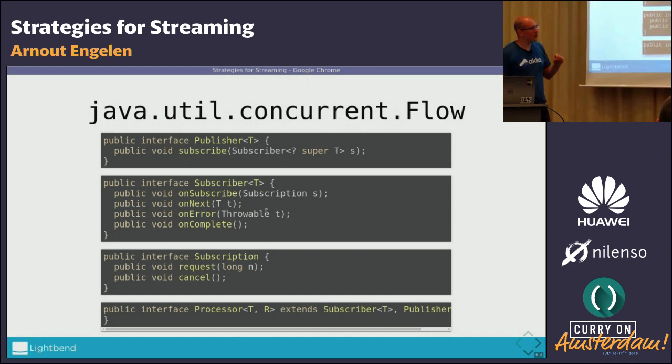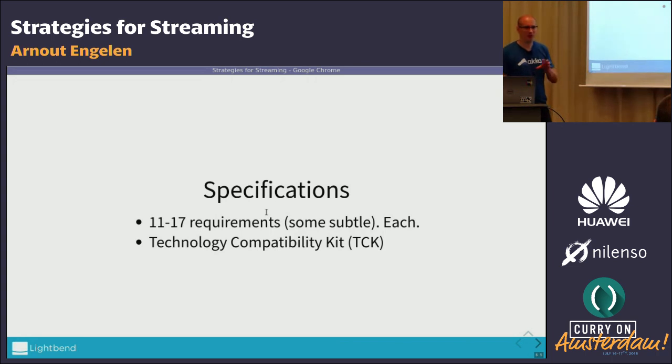But these 4 interfaces are not the only deliverable of the working group, because to make these libraries properly interoperable, there's actually quite a bit of subtle rules you have to implement correctly to make it actually work end-to-end. So each of these interfaces has something like 11 to 17 requirements that go with them.